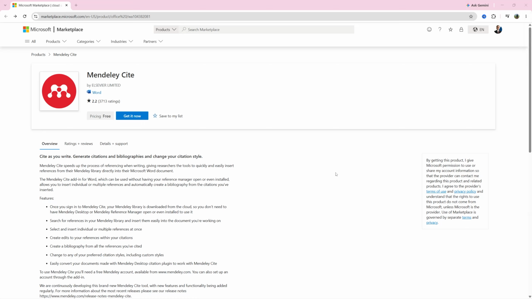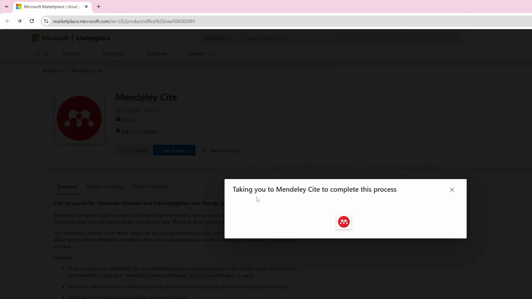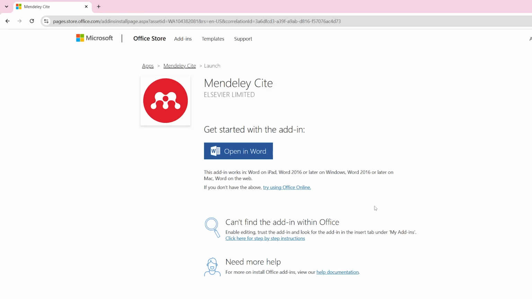To install the add-in manually, we need to go to the Microsoft Marketplace. I'll put a link to this page in the description below. Once you get here, we simply need to click Get It Now. It will then start to figure out what it needs to do next,